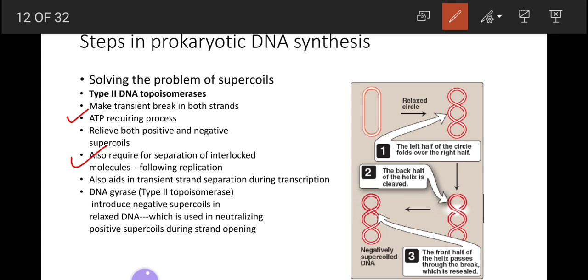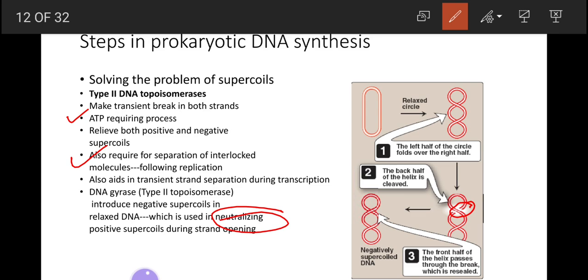DNA gyrase is a type of type 2 topoisomerase. It introduces negative supercoils in the relaxed DNA, which are used to neutralize the positive supercoils during strand opening, and it will then facilitate the process of replication. So you are seeing here that the nick is produced in the two strands,